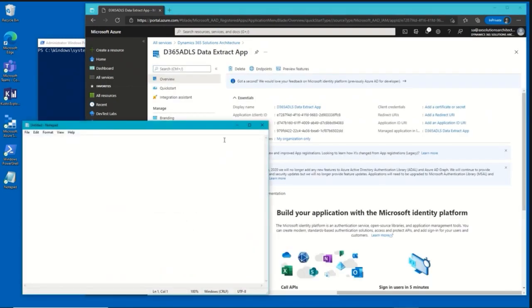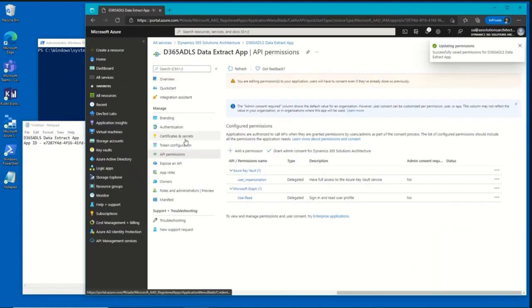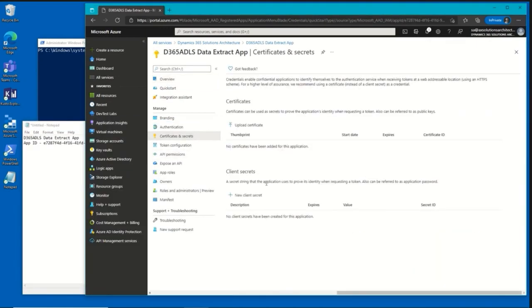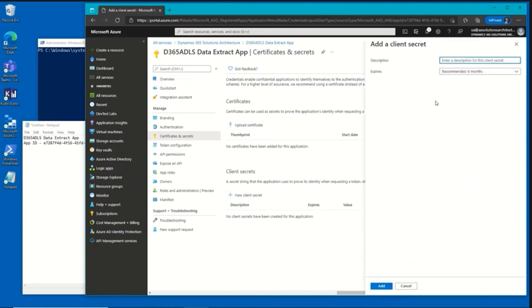The first thing is we need to add API permissions. To start with, we're going to copy the details of this application ID because we'll need them for future usage. The next thing is to generate a client certificate. To do this one, you go through the Certificates and secrets section and click New client secret. You will need to give it a name